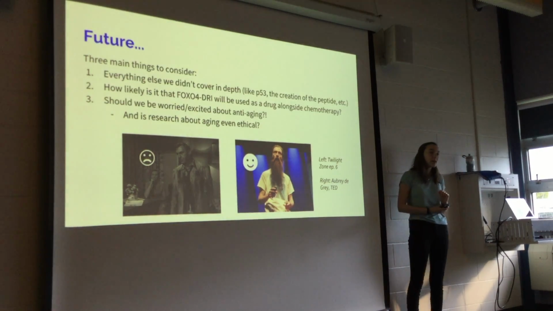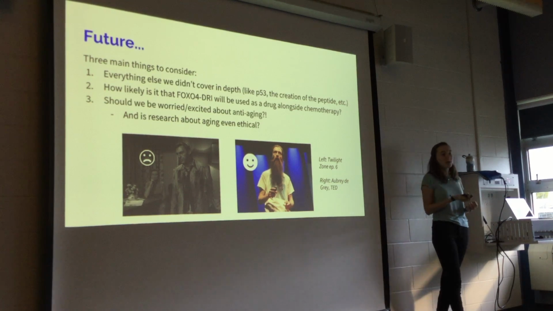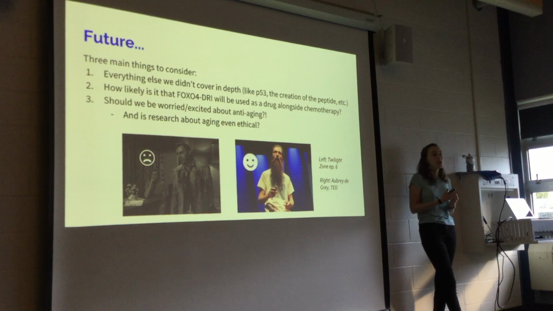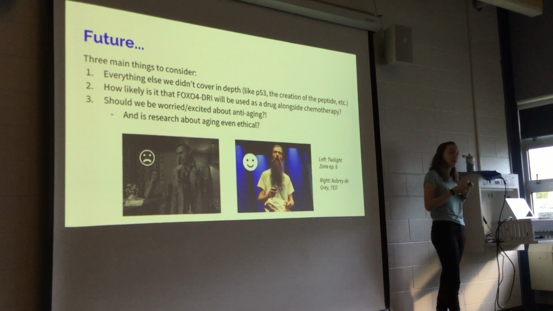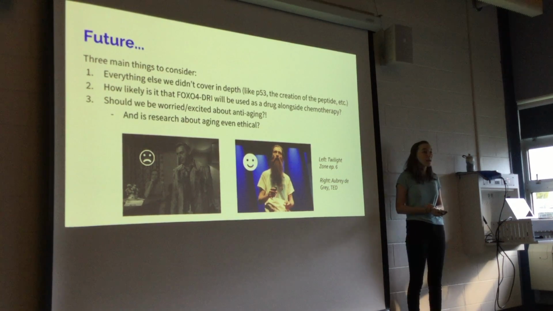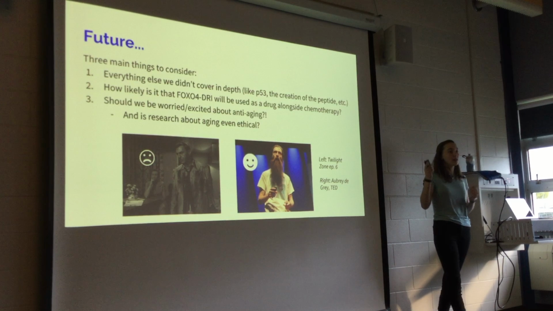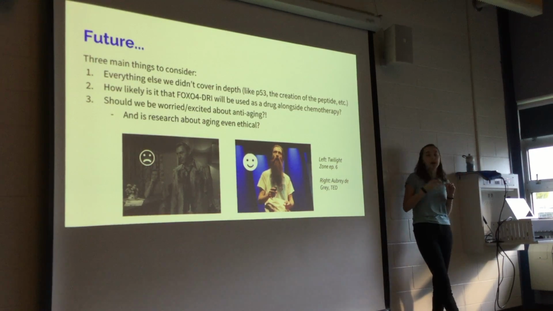In the paper, did they talk about how the FOXO4 drug was going to be administered if it was to become an anti-aging treatment? Yeah, I'm pretty sure that they injected it. This might be outside the scope of the paper, but to the best of your knowledge, are there any neurological disorders associated with senescence of neurons that could be addressed by something like this? I don't know specifically, but I do know that it can lead to some of those problems. I can look into that.